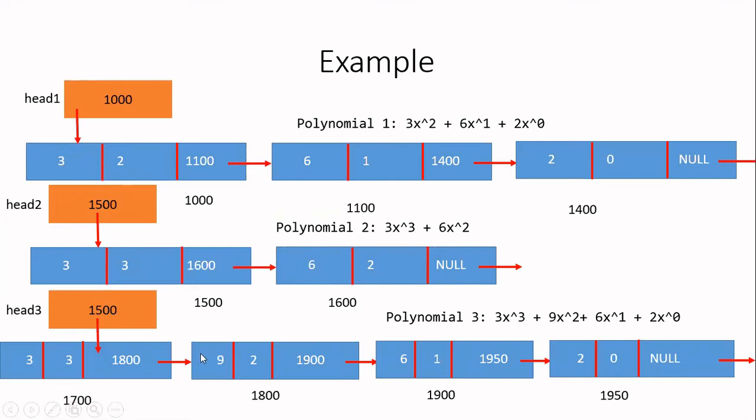So now you create one more new node. In that, in the coefficient you store 9. In the power field you store 2. Then in the link field you keep initially null, because you don't know what will be the next node. So you keep this as null. Now this node you are going to insert after the previous node. So this 1800, that is the address allocated for this node, it should be stored here. In the previous node link field, you have to store this address. If you don't store that address, this link, red color link, will not be created. So likewise you have to do for all the nodes one by one.